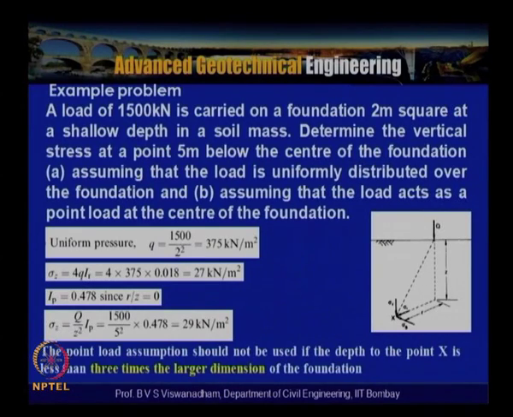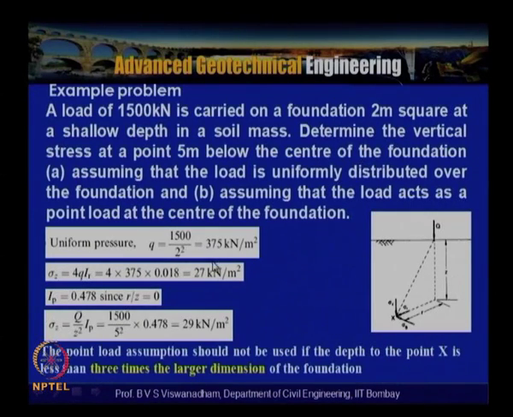That means that we have a square 2 meter by 2 meter. So, here we have 1 meter by 1 meter, 4 squares, and at each one of the corners, let us say the left corner, we get the increase in vertical stress at a certain depth of 5 meters. After getting the influence factor from the curve, then 4q into IR. The 4 is multiplied because we have divided that area into 4, so 4 into 375 into 0.018. So, this is about 27 kilopascals.